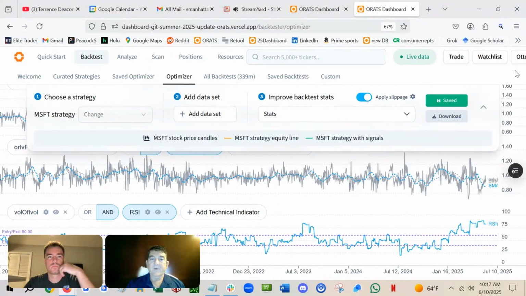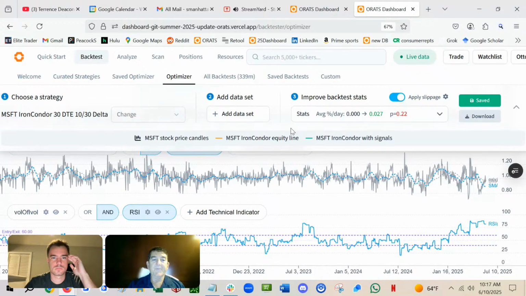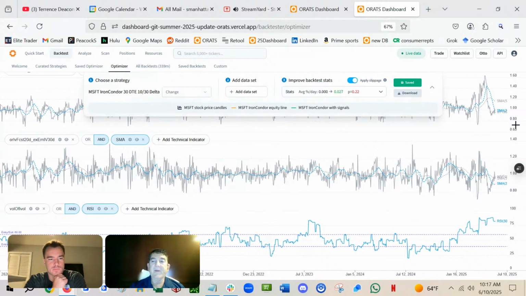I didn't do too much there. Anyway, you could zoom out, and you could see which indicators are important and when you should get in and when you should get out. So one of the things you want to look at is what we call a p-value, and a p-value is this number right here, and the lower that is, I think it translates to what is the percentage chance that